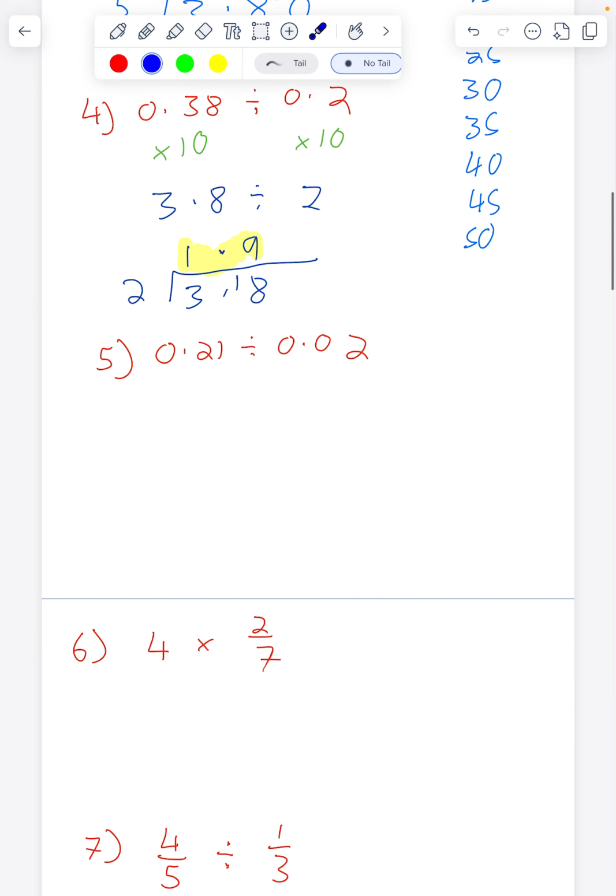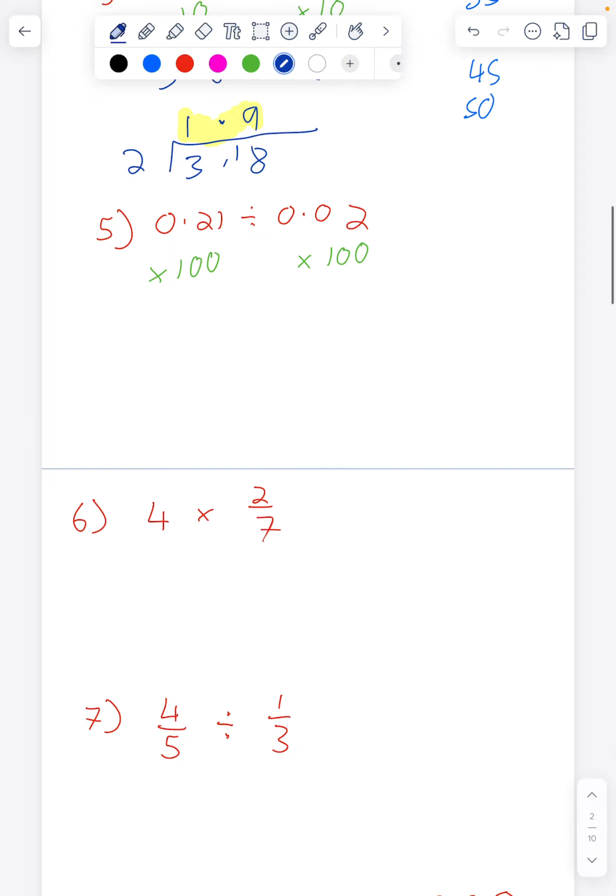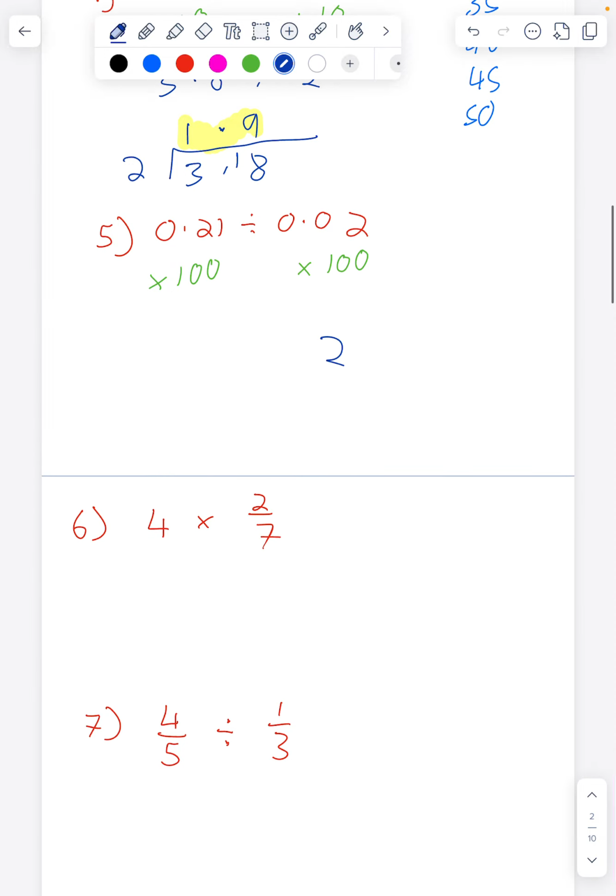Again, the one below, question 5. The issue here is you are dividing by a decimal, which you want to change. You want to make this a whole number. Now this time, I wouldn't times it through by 10 because that would get me to 0.2. I'm going to times it through by 100, which means I must do the same thing also over here. Because now if I times this number by 100, it will get me to 2, because the point will move up by 2 spaces. So I will go to 2, and I'm dividing